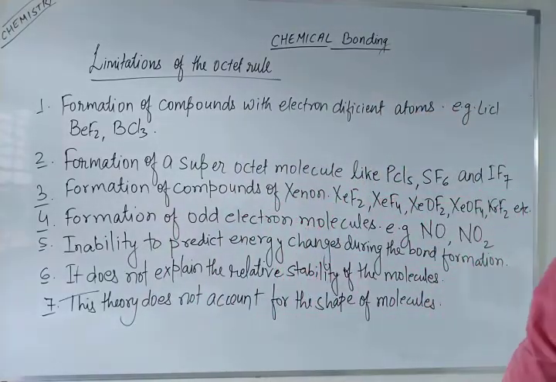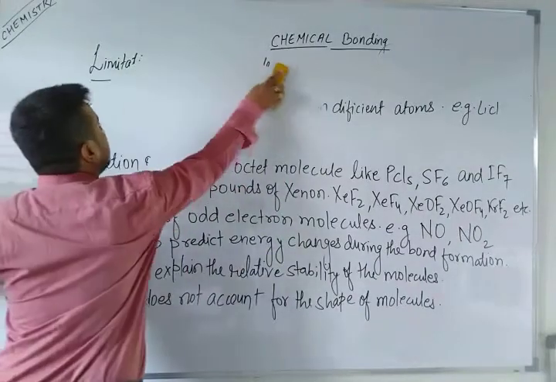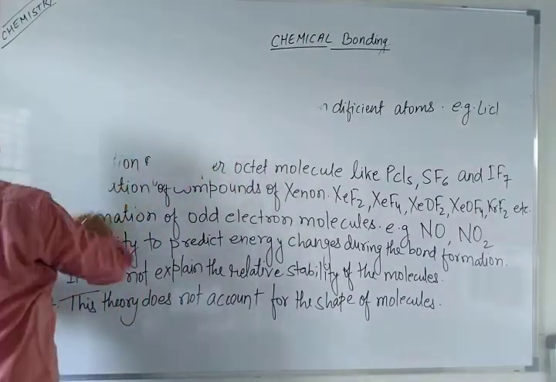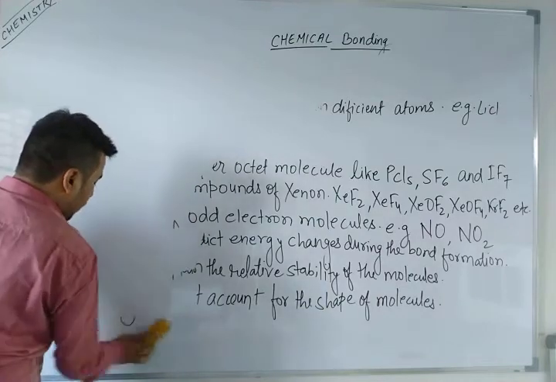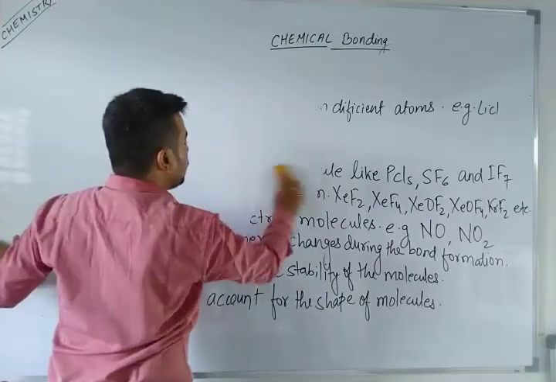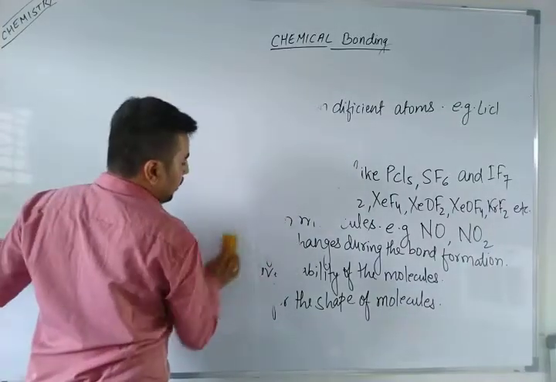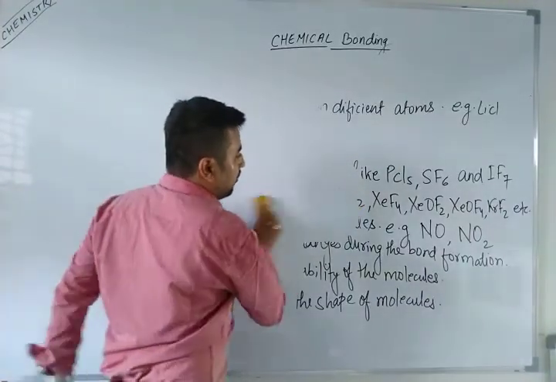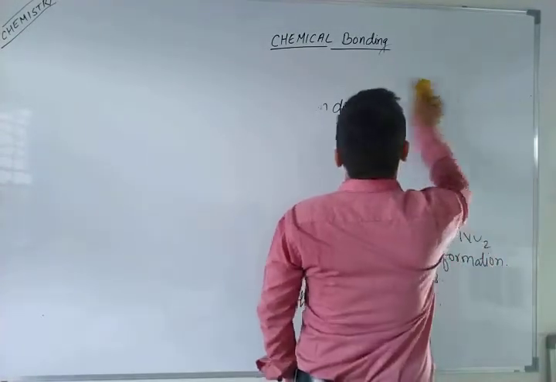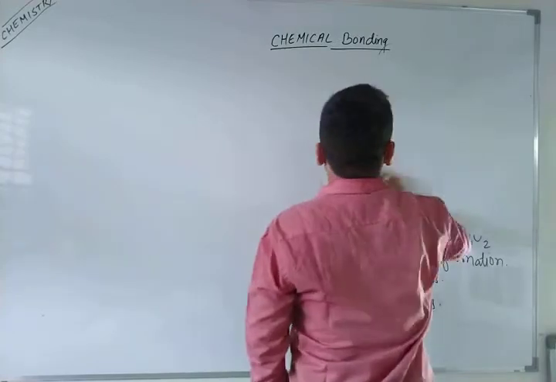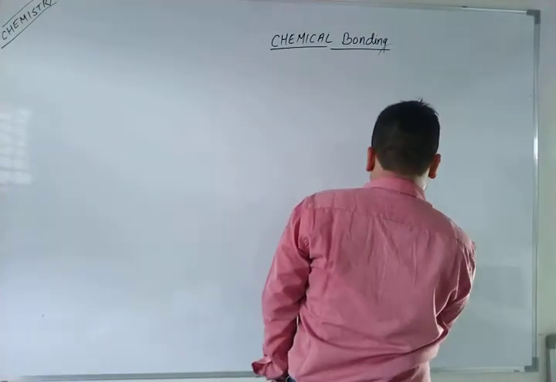In the next video I will talk about hybridization, how this theory's limitations were addressed and how hybridization began, when 2 or more than 2 pure atomic orbitals overlap each other to form hybrid orbitals. The process is called hybridization, and these orbitals are known as hybrid orbitals. I hope all of you have understood this concept.